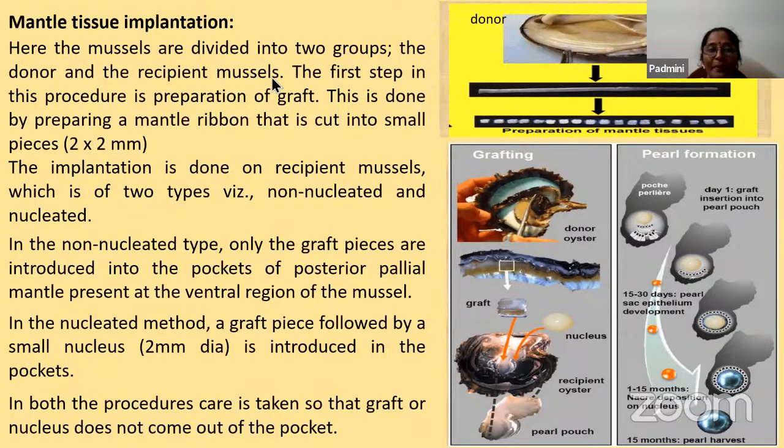So what is happening over here? The donor and the recipient mussel are to be taken. The first step in this procedure is the preparation of the graft. So we have done this graft, and the implantation is done on the recipient mussel, which is of two types,